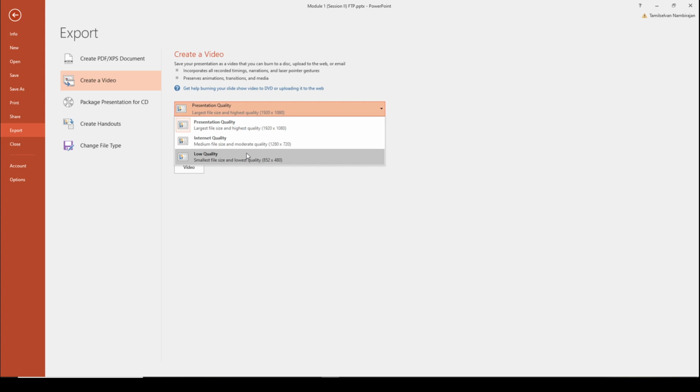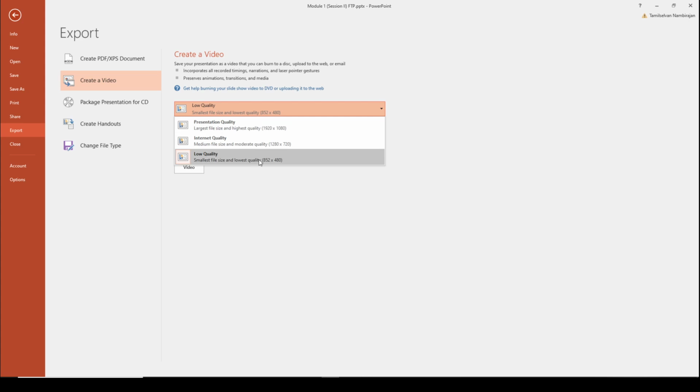But if you want your presentation or your video lecture to have a very high resolution, you can simply click on the largest file size. Here, because the larger the file size, the higher is the quality, the maximum time it is going to take to create this kind of a file. So for ease, so that it may create the file quickly, let's go for the low quality file in this case. But you can decide whichever quality suits you the best.